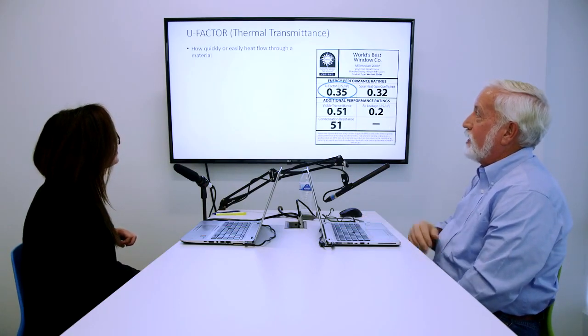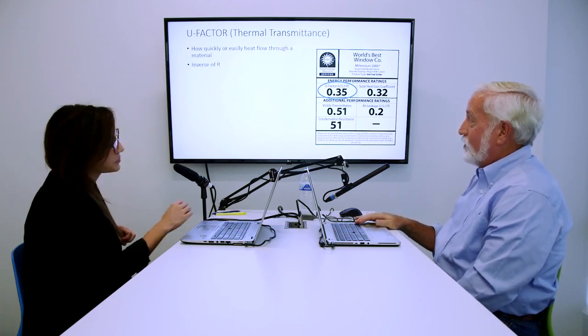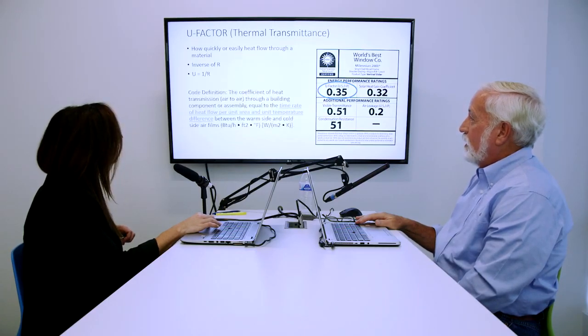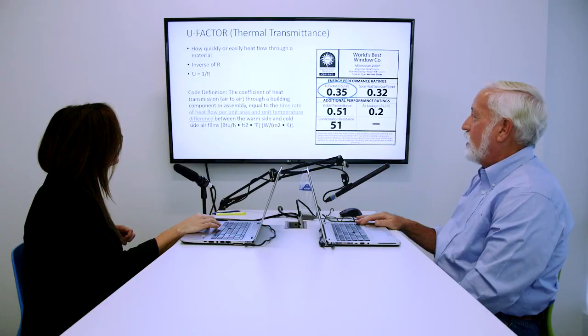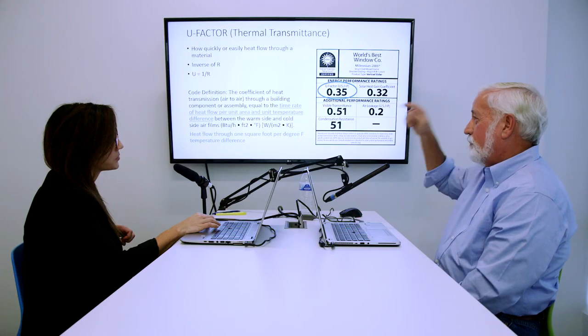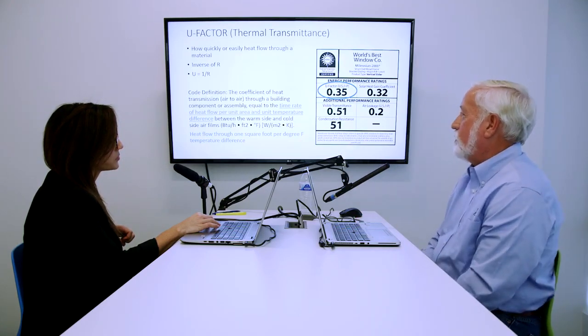It's how quickly or easily heat flows through a material. So it's the inverse of R. So U equals 1 over R. And this one's a little bit easier, I think, to get your head wrapped around. If I just read the blue text, time rate of heat flow per unit area and unit temperature difference. So really what that's saying is that U equals what I've put in below, the heat flow through 1 square foot per degree